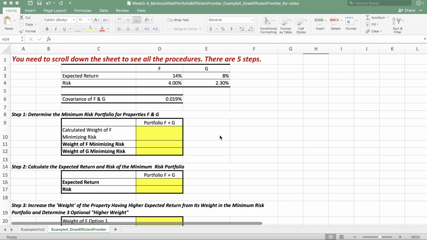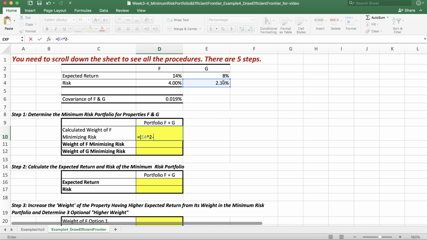Now first, we are going to determine the minimum risk portfolio for these two properties. We first calculate a weight for property F that minimizes the risk for this portfolio. So we will fill up the cell over here, and this is where we apply the formula for the weight of a property in order to minimize the risk of the portfolio. Following the formula on the lecture slide, we type equals, and to determine the weight for F, minimizing the risk for this portfolio, we start with the risk of property G raised to the power of 2,